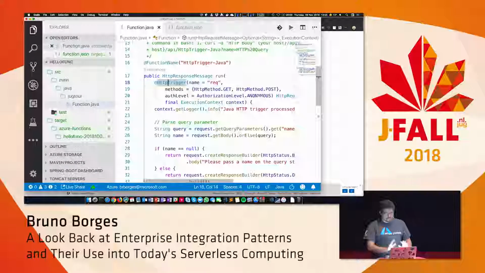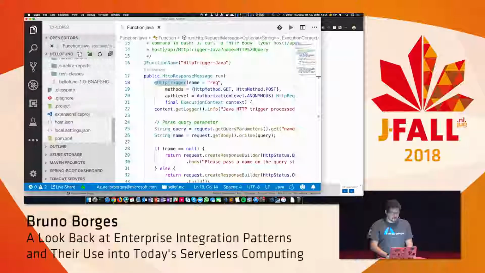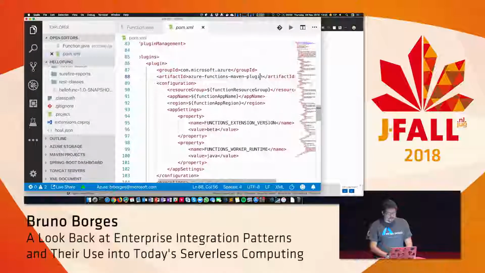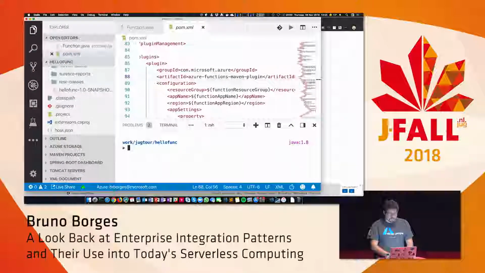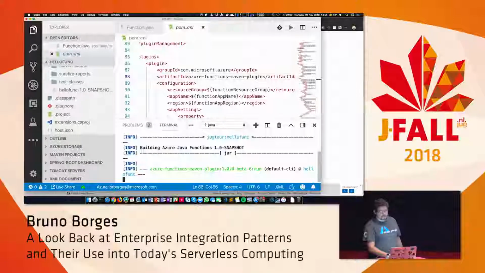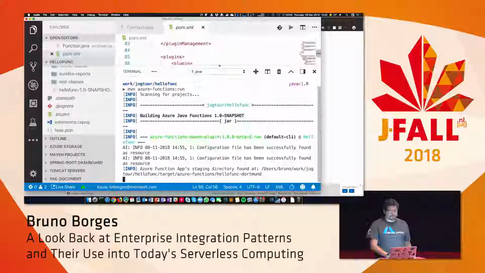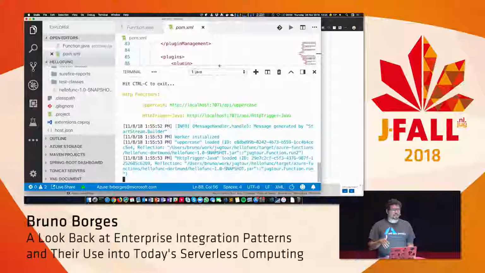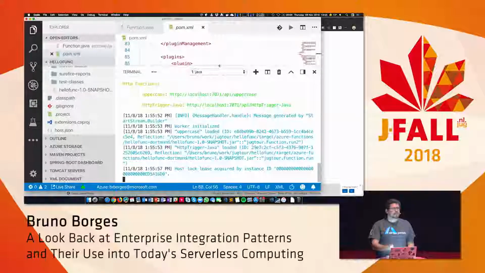OK, cool. How do I run this thing? The archetype generates the POM file, which brings the Azure Functions Maven plugin. So what you can just do is Maven Azure Functions run. If you run this for the very first time, after creating the Maven archetype, and you don't have anything from Azure Functions, it will complain that you don't have the Azure Functions runtime installed on your computer. So it will give you information on where to go to get that. So, OK, we have our trigger.